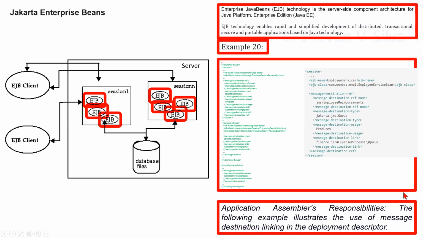Now we are considering the application assembler's responsibilities. The following example illustrates the use of message destination linking in the deployment descriptor. By means of linking the message consumers and producers to one or more common logical destinations specified in the deployment descriptor, the application assembler can specify the flow of messages within an application. The application assembler uses the message destination element